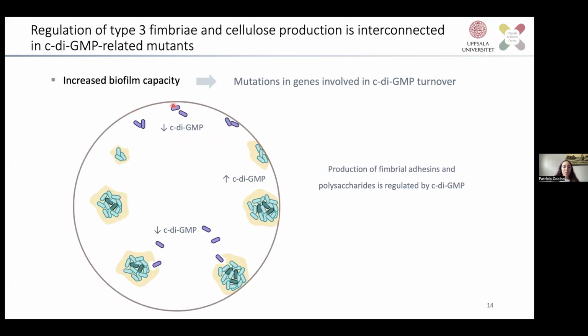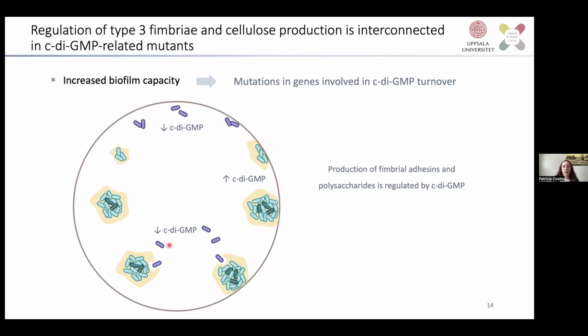so while bacteria are still in planktonic phase, so while they're still floating, there's low levels of cyclic di-GMP inside the cell. Then when the bacteria start to bind, there's a switch in genetic expression and they form the microcolony. And at this point, the cyclic di-GMP levels start to increase and they form a more robust biofilm. And then when it comes the time to disperse the biofilm, the cyclic di-GMP levels go down again.